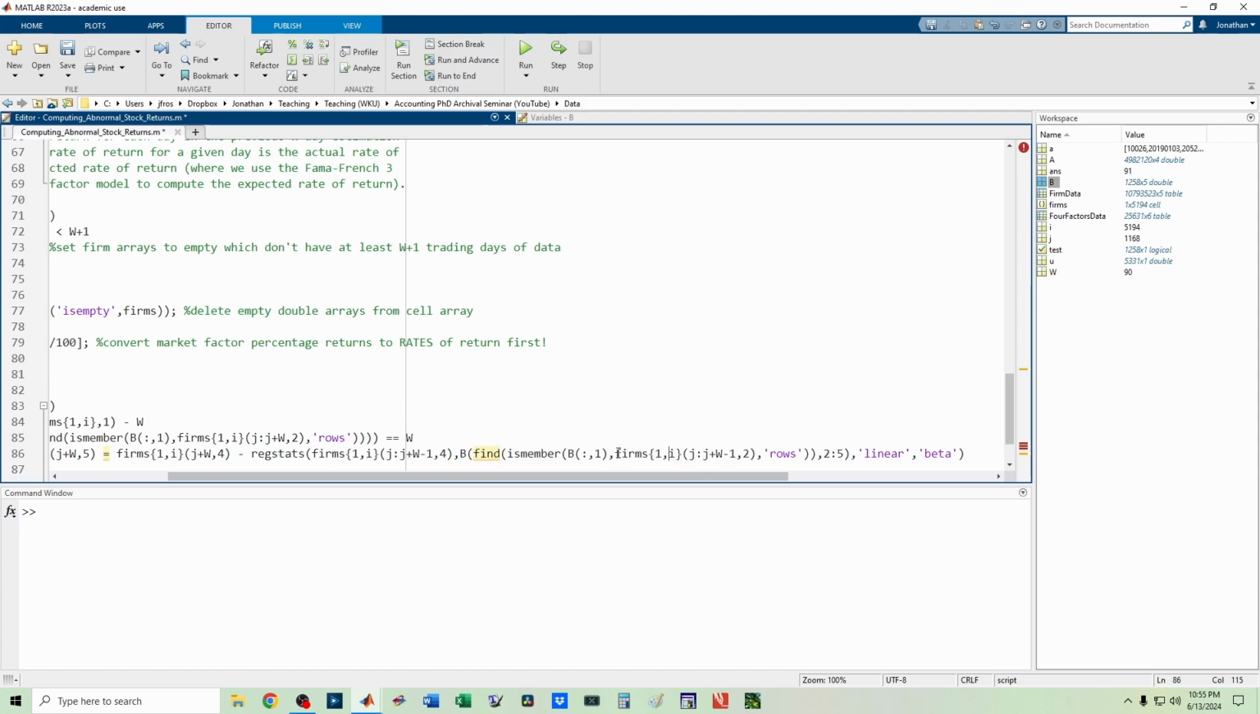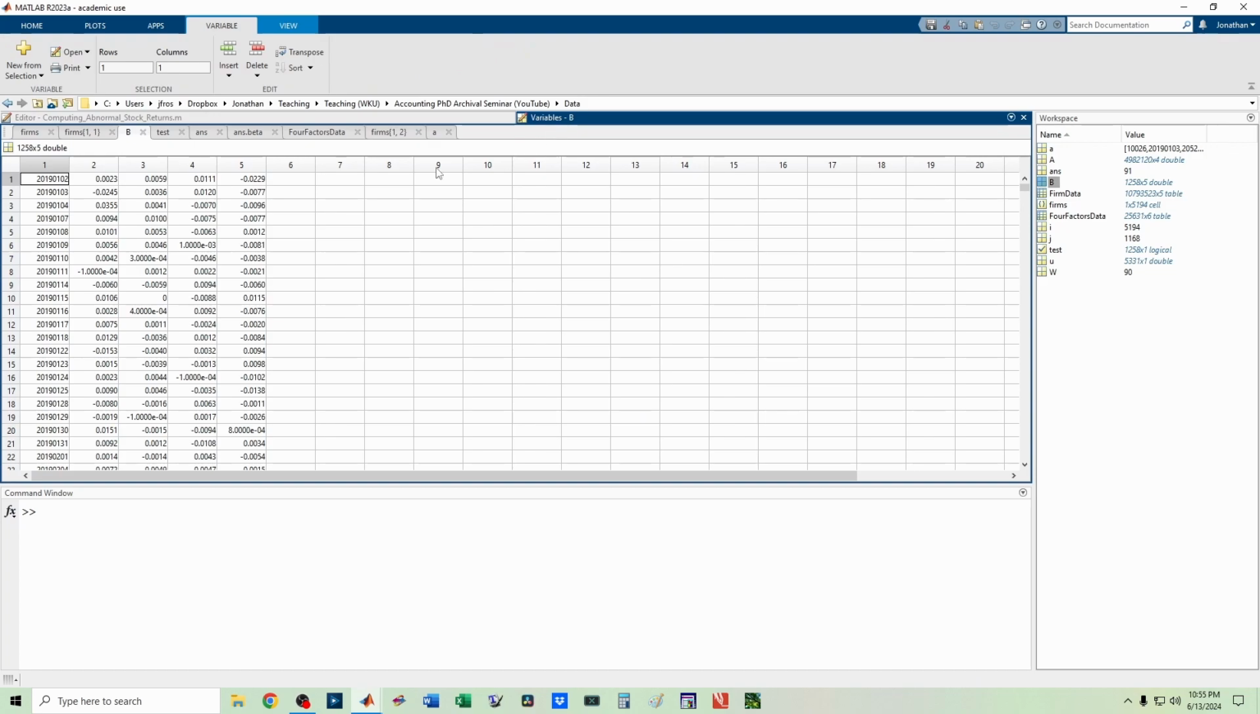We're getting those corresponding rows of B where the dates here line up with the same dates in B. That's why we did the find is member. And in B, when we run with regstats, you don't have to have a column of ones in B. So in B, we just have our 4 independent variables: the excess market rate of return, the rate of return on the SMB portfolio, the rate of return on the HML portfolio, the rate of return on the momentum portfolio. We don't have to have a column of ones at the beginning